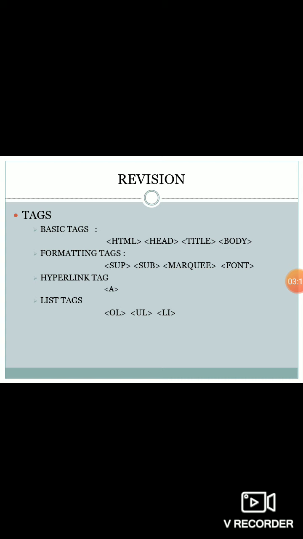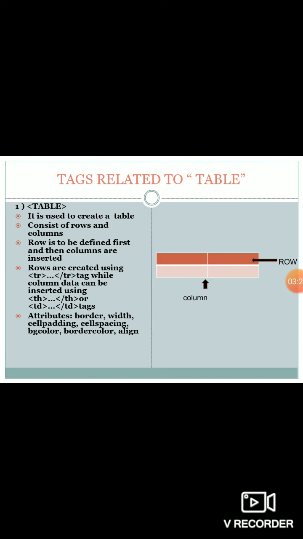Okay, now we will see how to create the HTML table. So if I want to create a table in HTML, we have to use the tag called as table. Whenever I said the word tag, that means you have to use that particular keyword in the angular bracket, that is in the less than or greater than sign. So if I want to create a table, I just have to use a tag table. Table is nothing but consist of rows and the column.